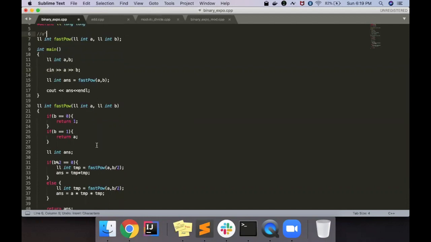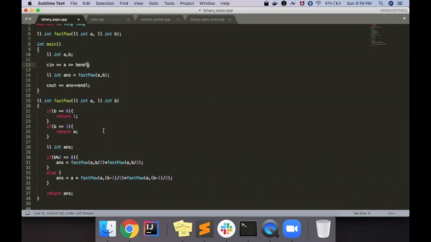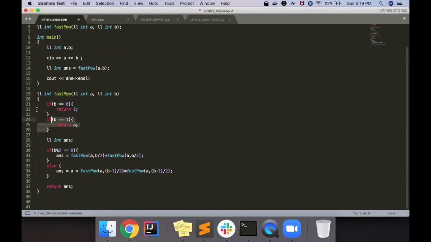Now I'll just show you one thing first. Let's say this code was, one second, yeah. So this is our code. You have to just print a ki power b. Now, we started with the function fast power. You have to calculate a ki power b again. So let's see what this function is doing. Don't think about this condition now. What we are doing is, first of all, like we did, a ki power b, if it is even, then we have to calculate a ki power b by 2 into a ki power b by 2. So let's just take an example.